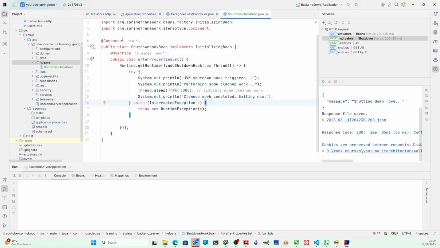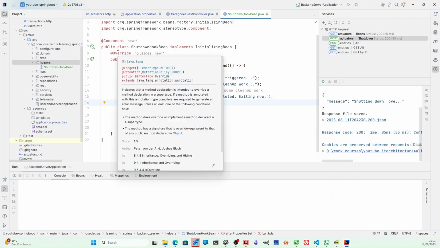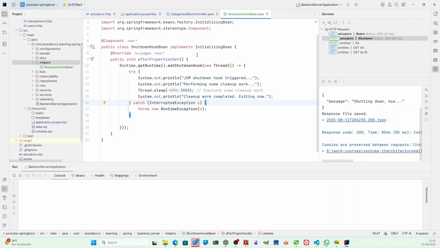You can define, for instance, a component like this one. And you can see here that I have an initializing bean. It's not necessary to implement this interface. I just want to create this component. What matters is that here, when the bean is initialized, it could be a PostConstruct annotation. It's not necessary to use this implementation, but this is the code that I want to show you. So you have this Runtime.getRuntime().addShutdownHook, and then I put here a thread. And this thread can handle,